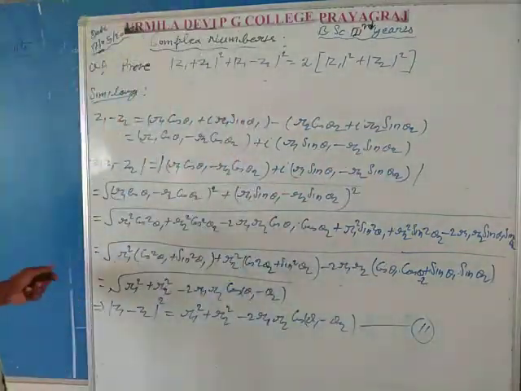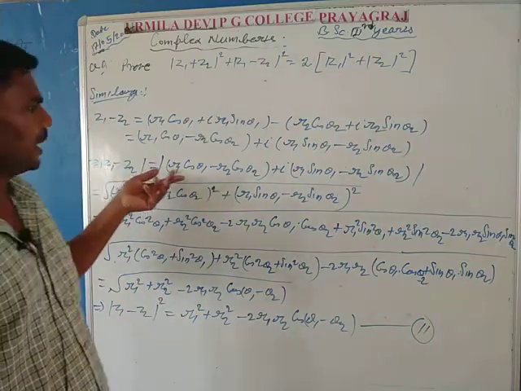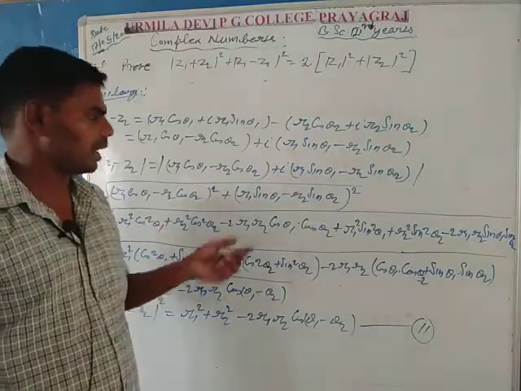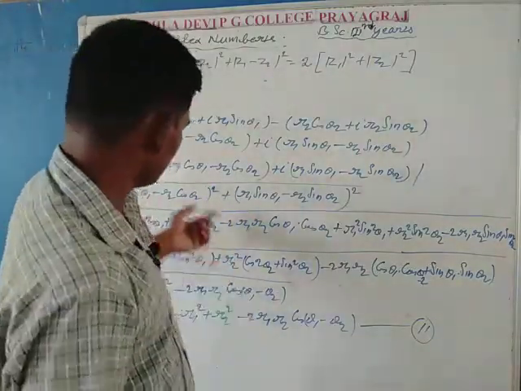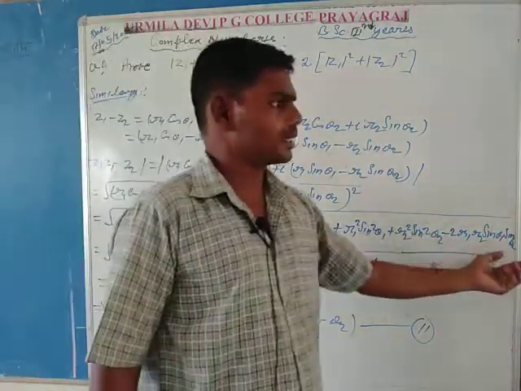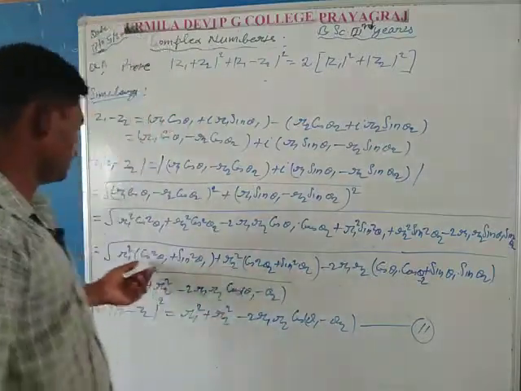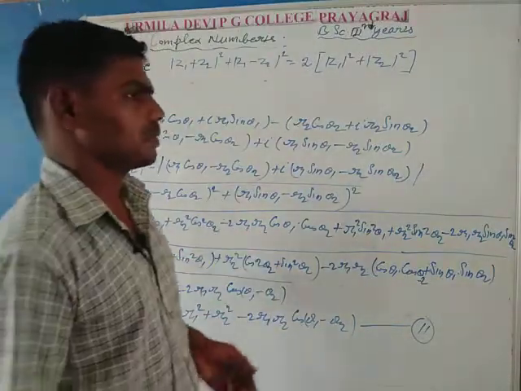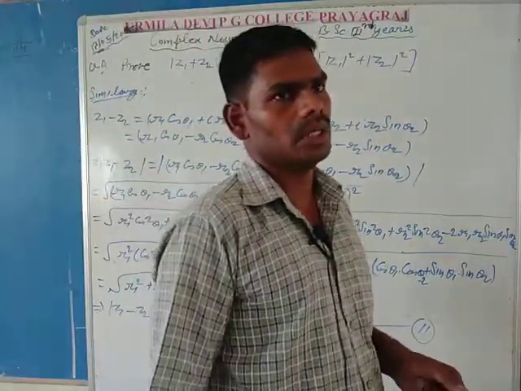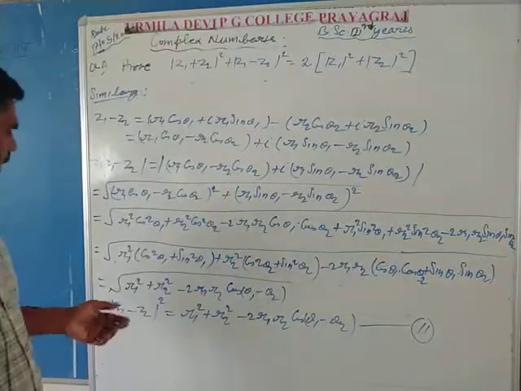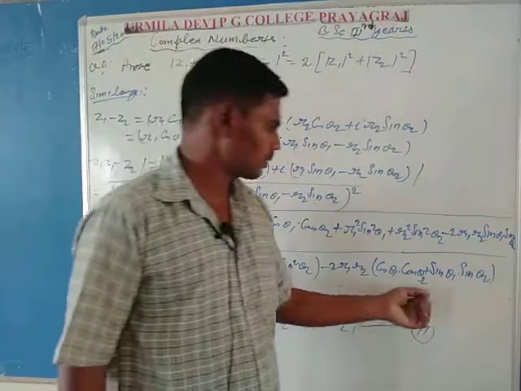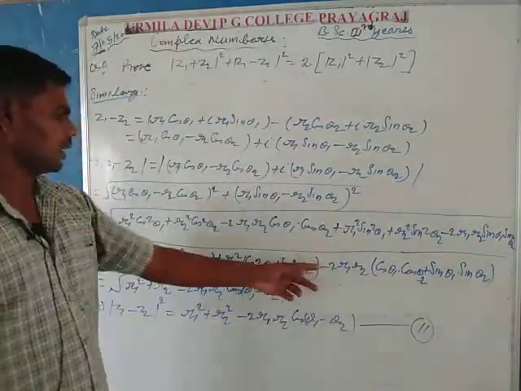Now taking modulus on both sides, according to the modulus rule, it is the square root of the real part whole square plus the imaginary part whole square. Expanding this whole square, it is equal to the collection of total r1 square in the first bracket, the collection of total r2 square in the second bracket, and the collection of r minus 2 times r1 r2 in the third bracket. By using the trigonometrical formula, this is equal to 1, this is also equal to 1, and this is equal to cos of theta 1 minus theta 2, here taken with a negative sign.